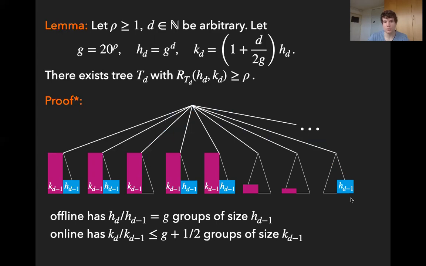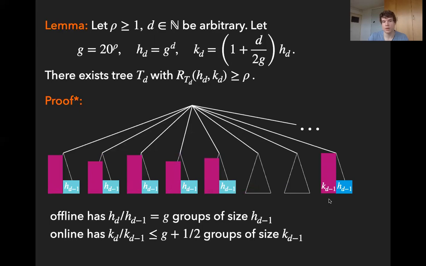And then one complete group of offline servers of size h_{d-1} goes there from one of these other subtrees. Now I took the offline group from this subtree, but actually we don't decide yet from which subtree we take the offline group. So I make this light blue to remind ourselves that in fact there are not 5 groups, but only 4 groups here. One of them is actually missing because it already moved to the right. We will decide later which one. And now we're going to issue the request sequence from the induction hypothesis in this subtree that we just selected. And we do this until the number of online servers here has grown to k_{d-1}.